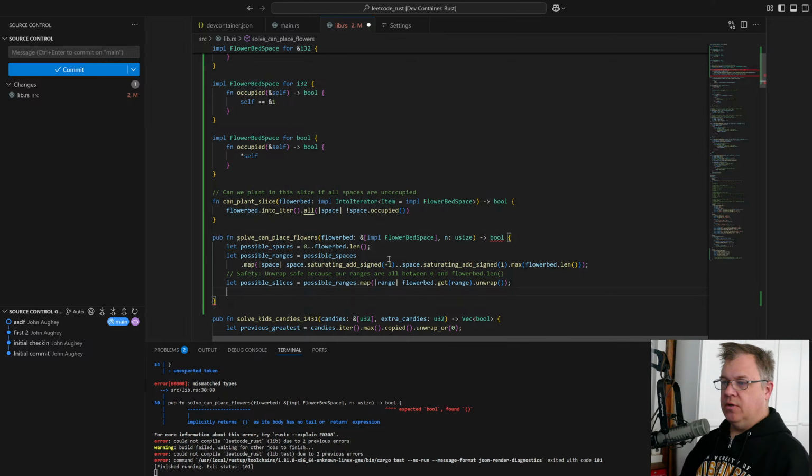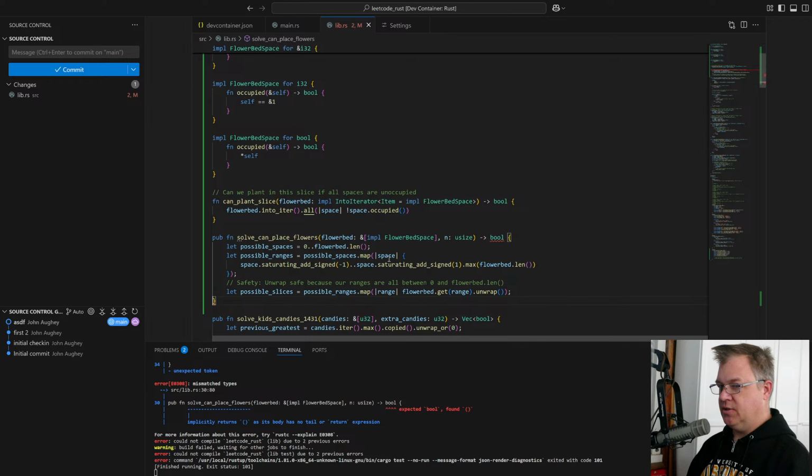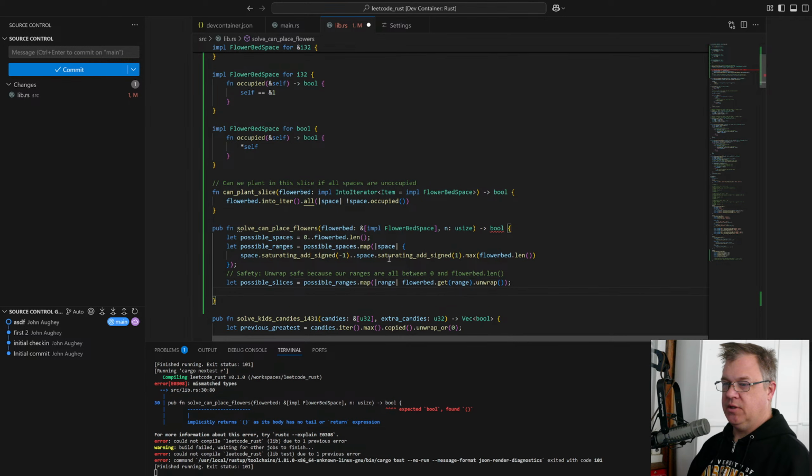So these are all of our possible slices that we can go into. So what we now need to do is start planting. Now, when we plant, I believe we then need to skip. Because if we do plant, that space is not going to be available for a seed.